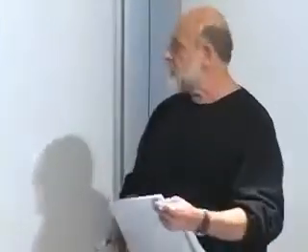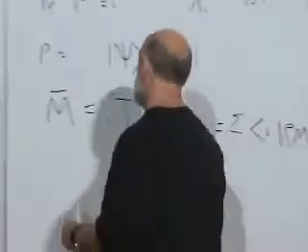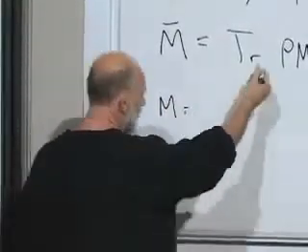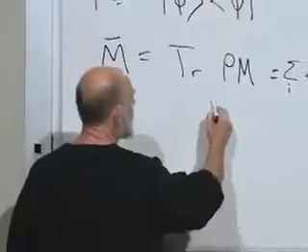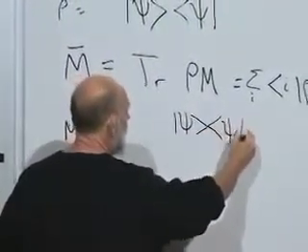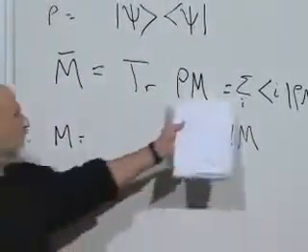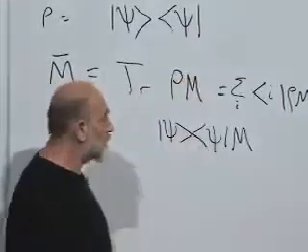And let's work it out just for the very simple case in which rho is a projection operator. In that case, the average of M is equal to the trace, which I'll write in a moment, of |psi><psi| M. And now we take a complete basis, whether or not, as I said, it is the basis in which rho is diagonal.